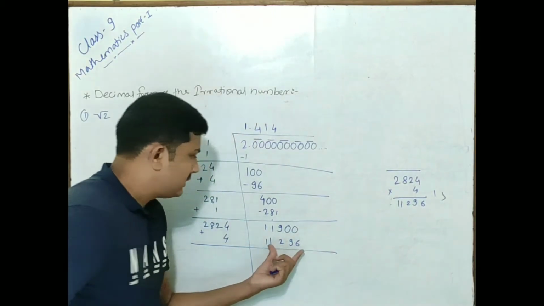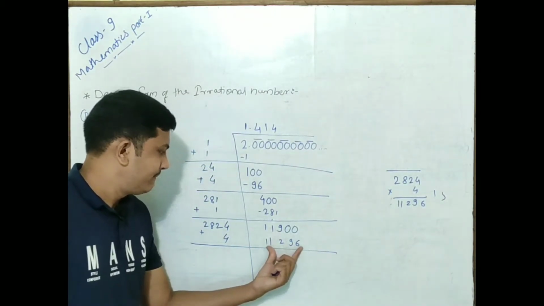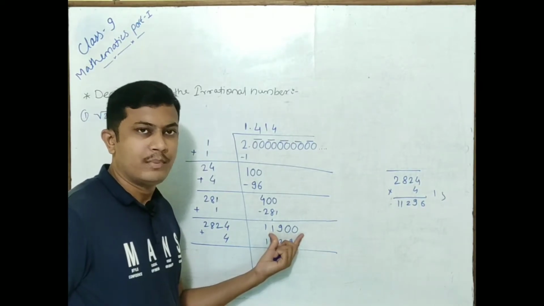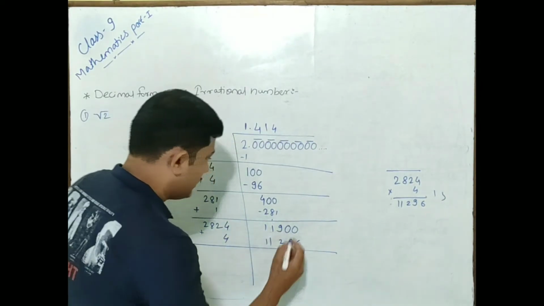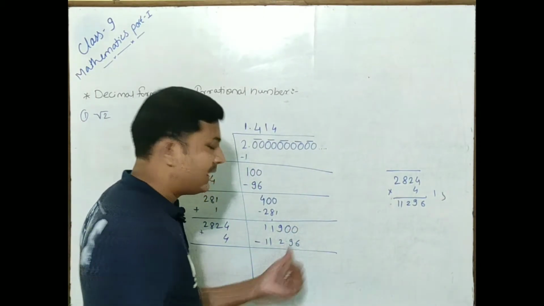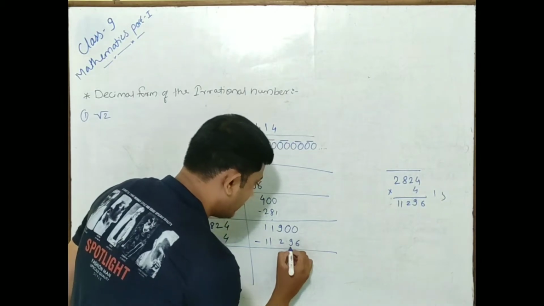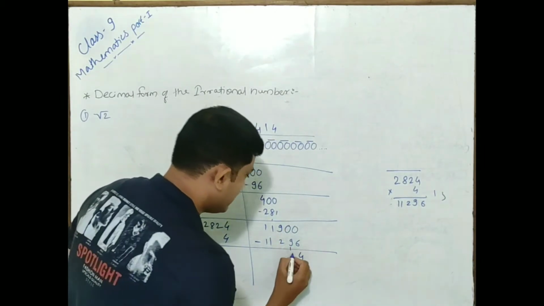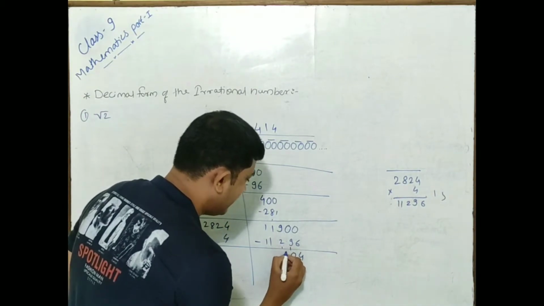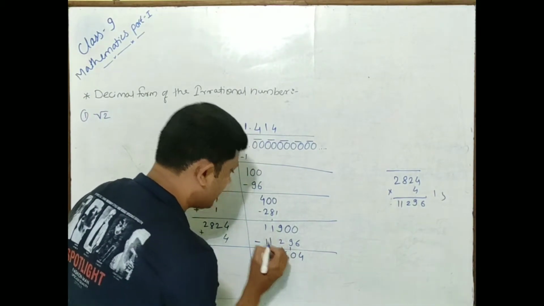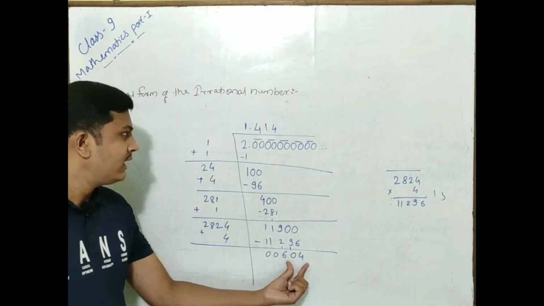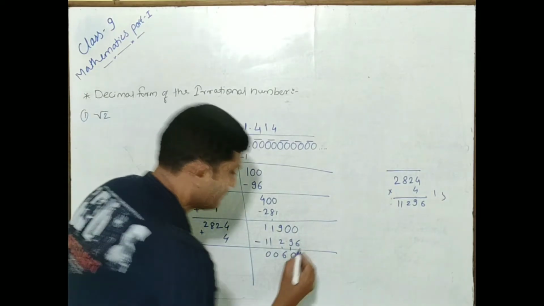11,296. Whatever the product should be, it should be less than the remainder we have obtained before. Now do the subtraction and here addition. 10 minus 6, 4; 10 minus 10, 0; 9 minus 3, 6; here becomes 0. The remainder is here 604. Again, same way, carry 2 zeros.